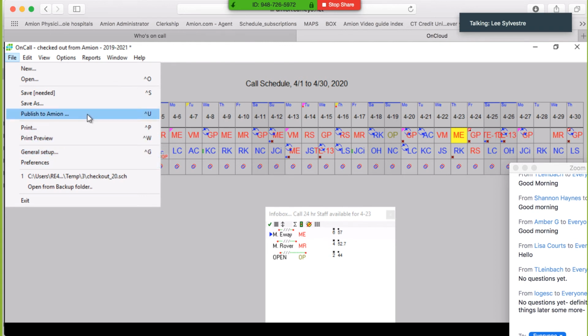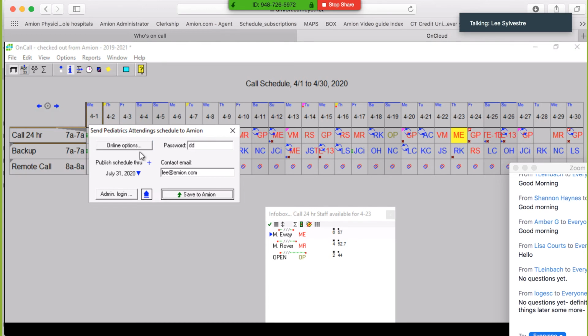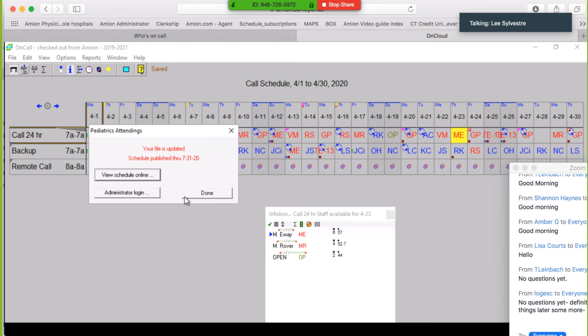The one that's different is this Publish to Amion option. Sometimes people use the word push. We use the word publish to describe what we're going to do when we want to send this file with its most recent change out to the website. The system does me a favor and remembers my administrative password and my contact email. When I say save to Amion, it takes about a second or so, and it says your file is updated,